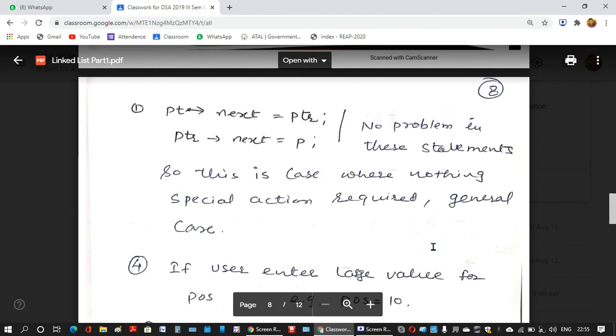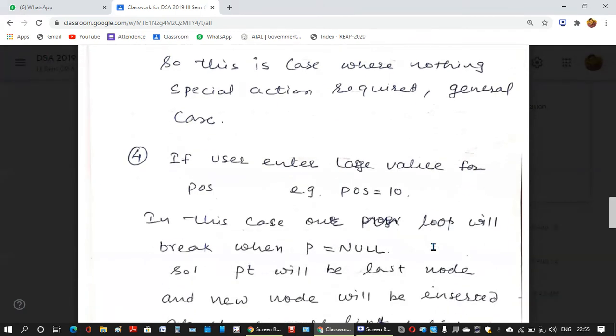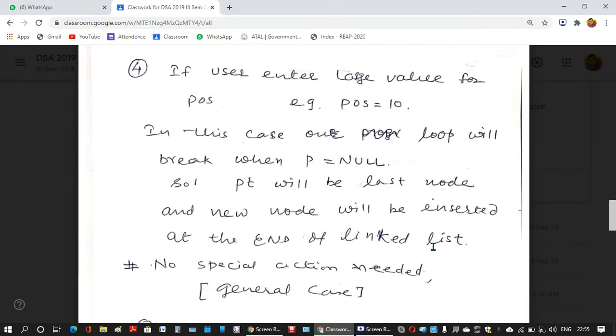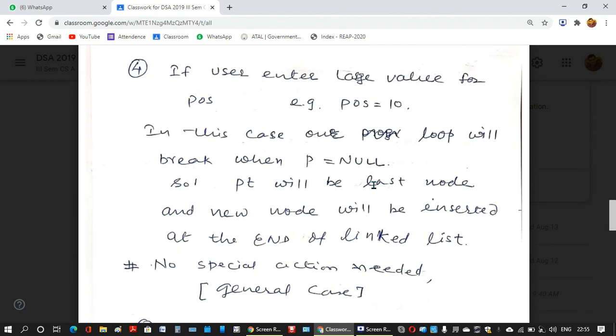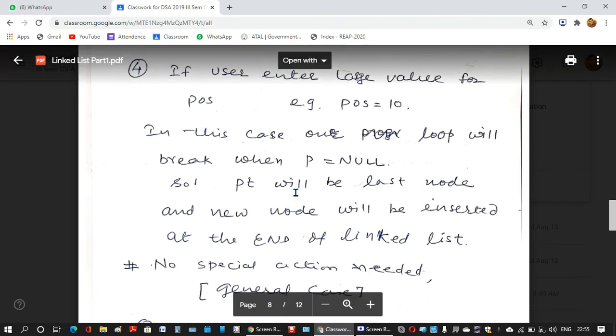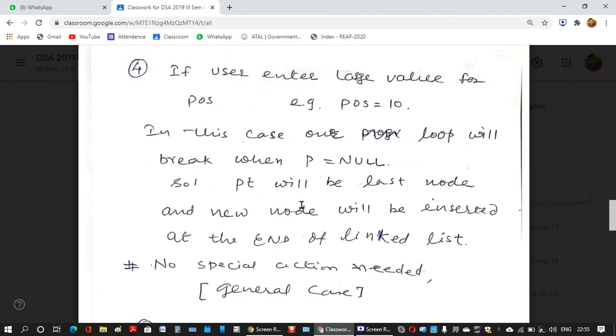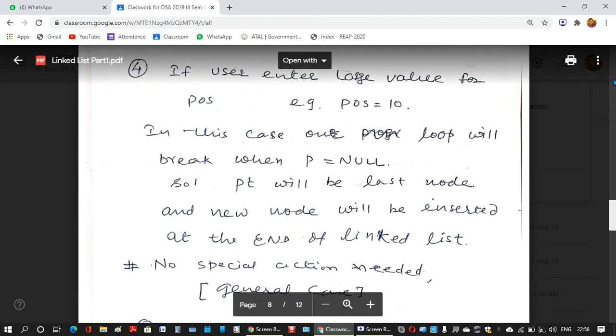We also see what will happen if the user says a large value, position equals to 10. Then also P will become null and PT will be on the last node, because we have broken the loop. Whenever P becomes null, we break the loop. So PT will be on the last node and the new node will be inserted at the end of the linked list. So this is also not a problem if the user says position equals to 10.